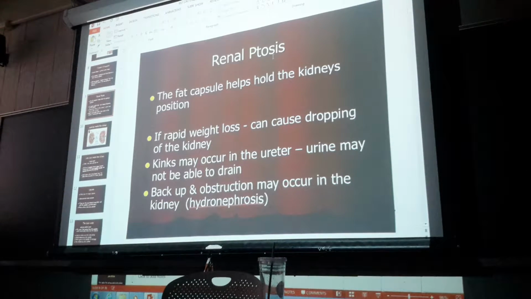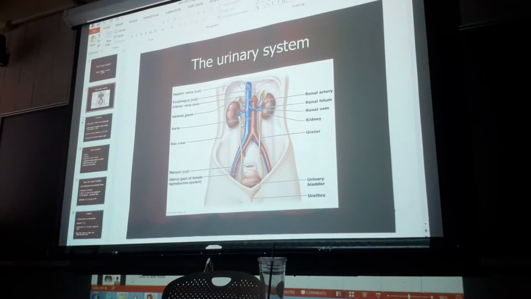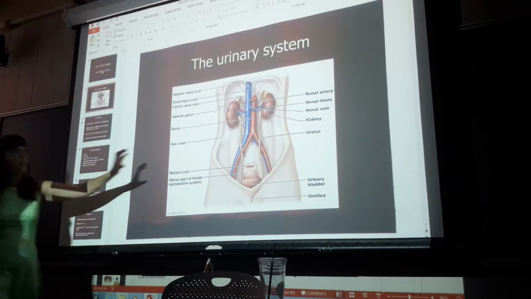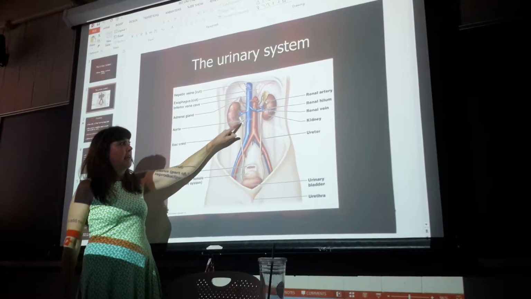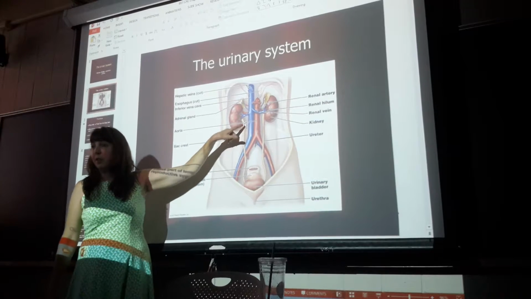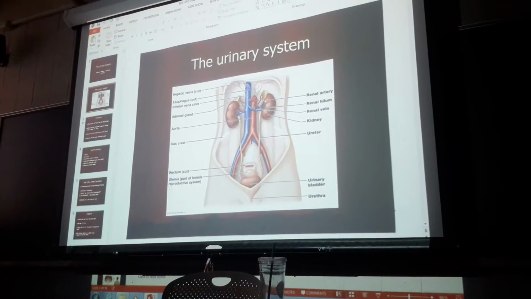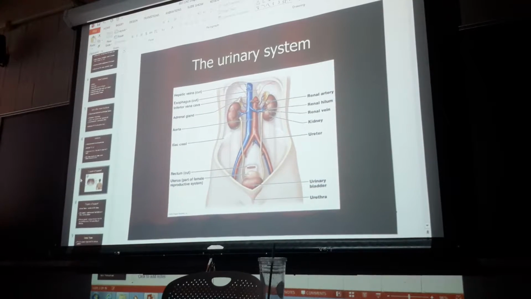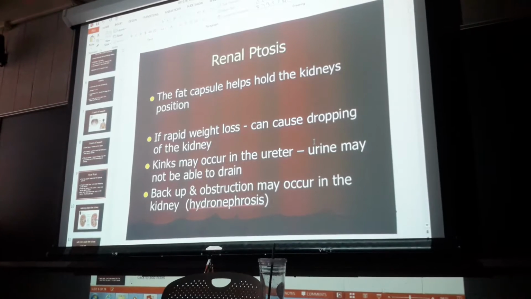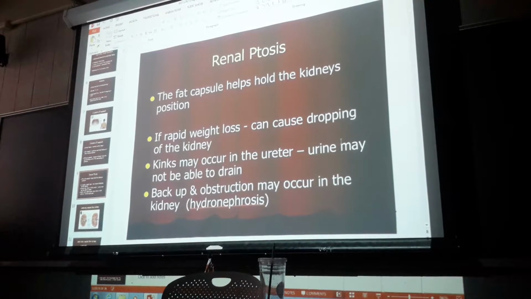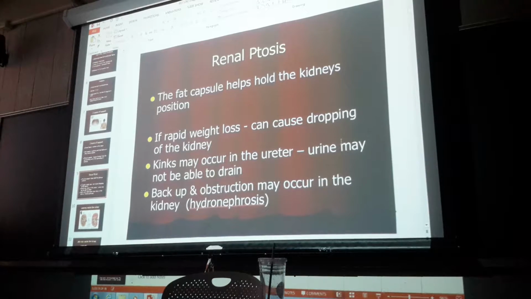And when they droop down, those ureters get a kink in them because they kind of sag down. The fat is holding them in place. They sag down, and that can kink the ureters. So that can become a problem if you lose weight too rapidly. We call that renal ptosis. Kinks occur, and then the urine can't drain. It's going to back up into the kidneys, and we can get obstructions, and that's called